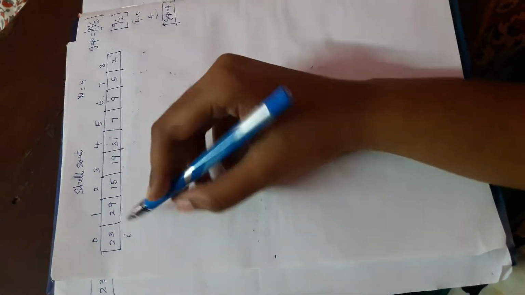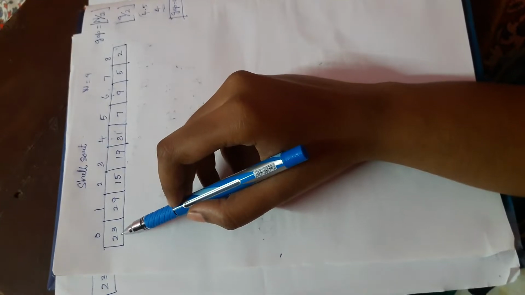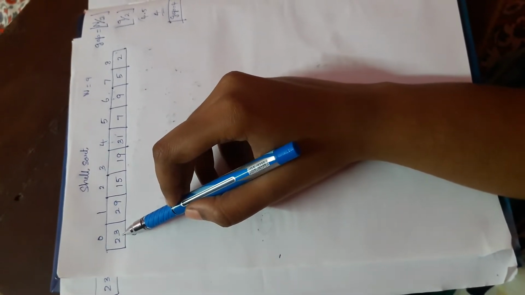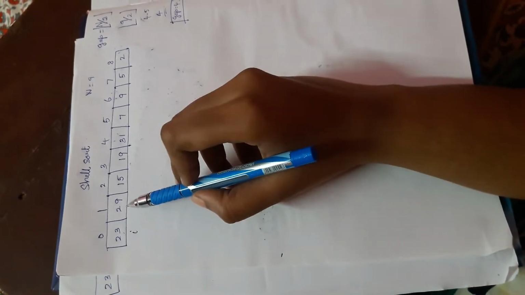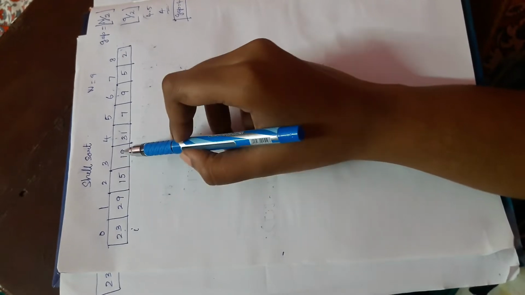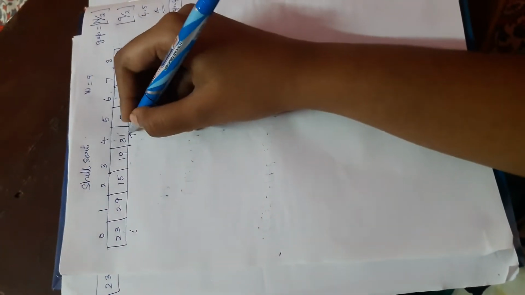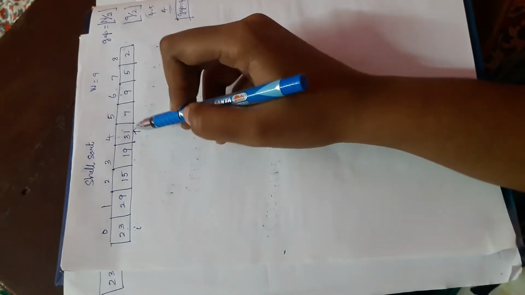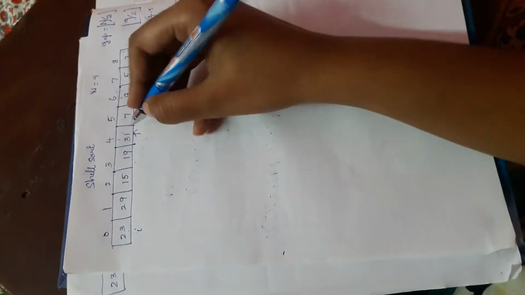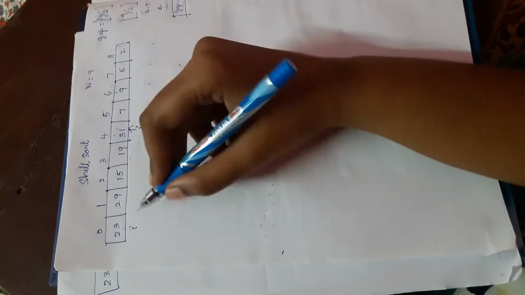Here in shell sorting we are taking the gap for this array as 4, and in shell sorting what you are going to do is compare this element with the gap element. You take the first element of this array and the gap of 4: 1, 2, 3 and 4. So here gap is 4. We have to leave 4 gaps and mark the arrow point there, and I am marking this as j. This is how we are going to follow the steps.